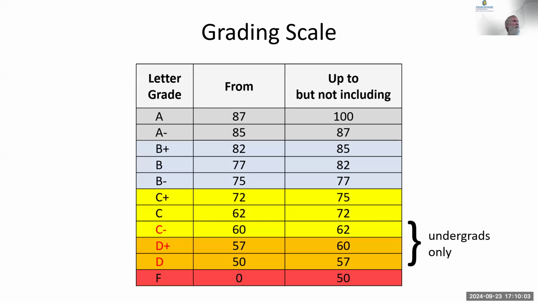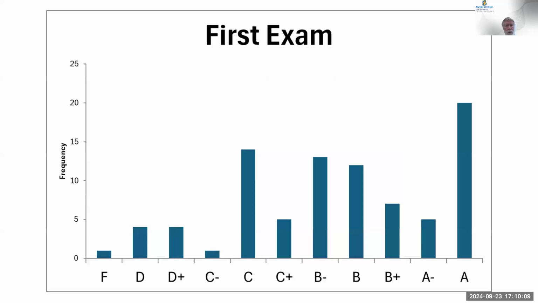Okay, this is the grading scale for the course. As you can see, very generous, going all the way down to 87 for an A. Here's how the grades broke out. You can see there were a lot of A's, more A's than any other grade. There were other grades. There were some bad grades, particularly if you're a graduate student, that's really bad. A bunch of C's. Note that the pluses and minuses have smaller ranges in the grading scale than whole grades.